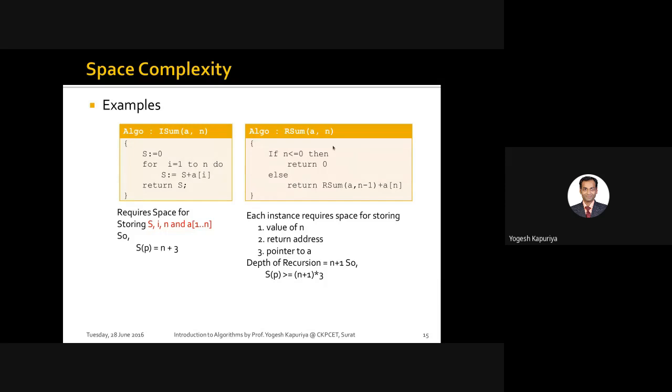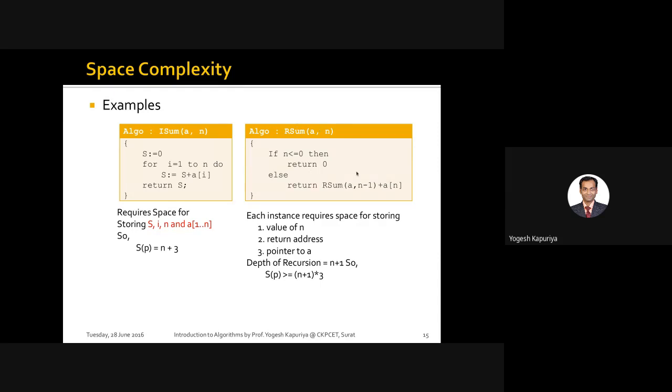So here that condition is something like this. If you are checking initially the value of n, if your n is less than or equal to 0, then you return 0. Why is it less than or equal to 0? Because we are assuming that the array index starts with 1. That's why when your n becomes 0 over here, it is actually a stoppage condition. So at that time you return 0. That means no value, no contribution to the final outcome. So this is my algorithm. I hope you have understood the algorithm.